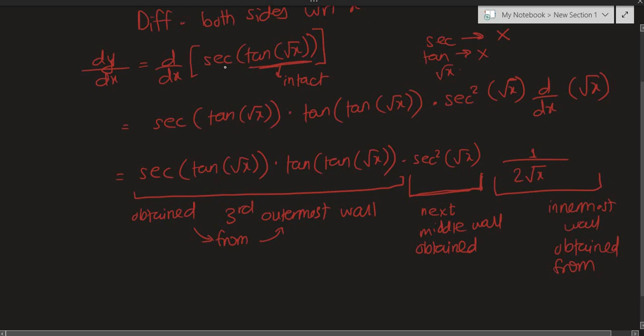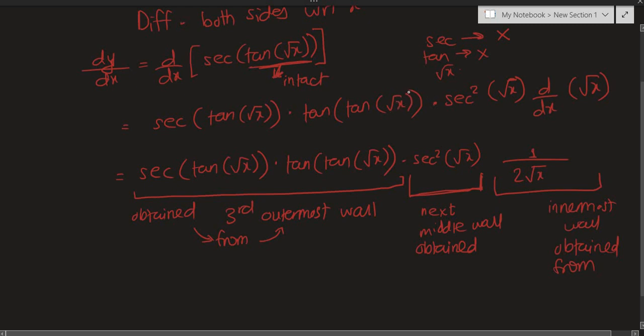The derivative of the secant was a secant of an argument times the tangent of the argument. The argument, since we are keeping the inside function intact, is going to be the inside function untouched. So secant of tan of square root of x times the tan of tan of square root of x